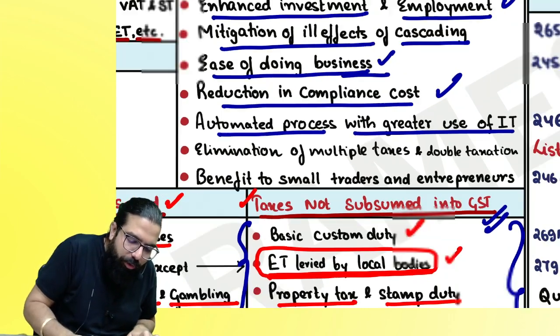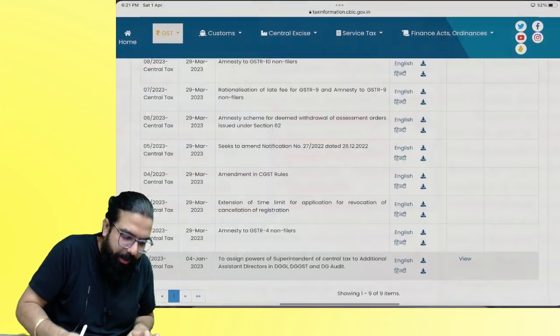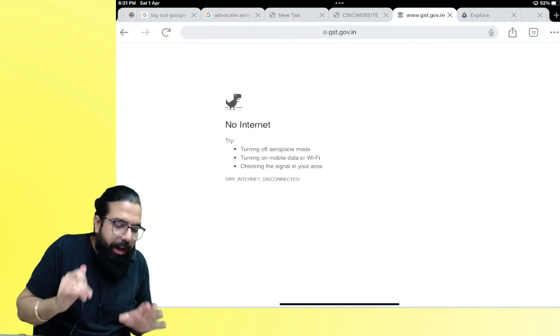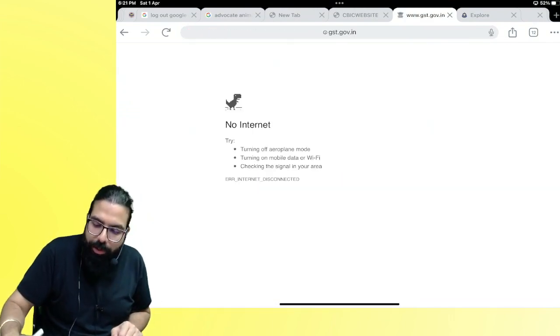Automated process with greater use of information technology. Everyone see over here. You go to gst.gov.in. Now the government has started using